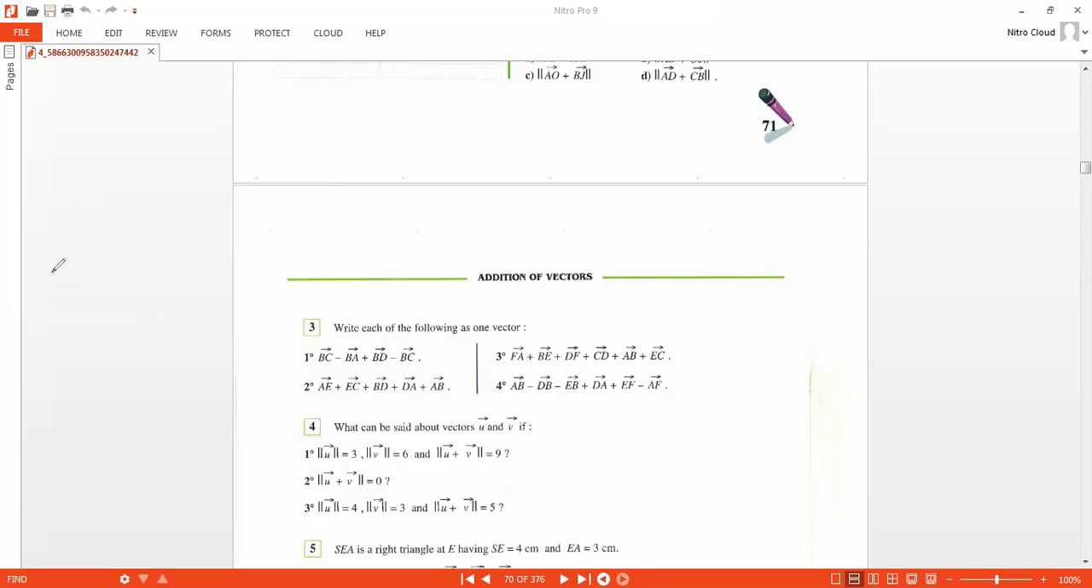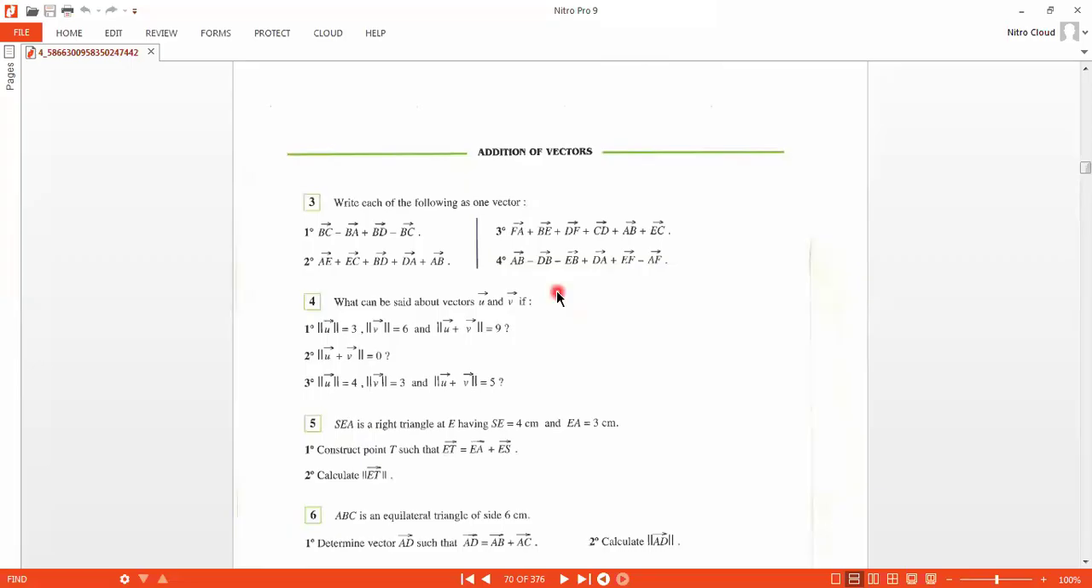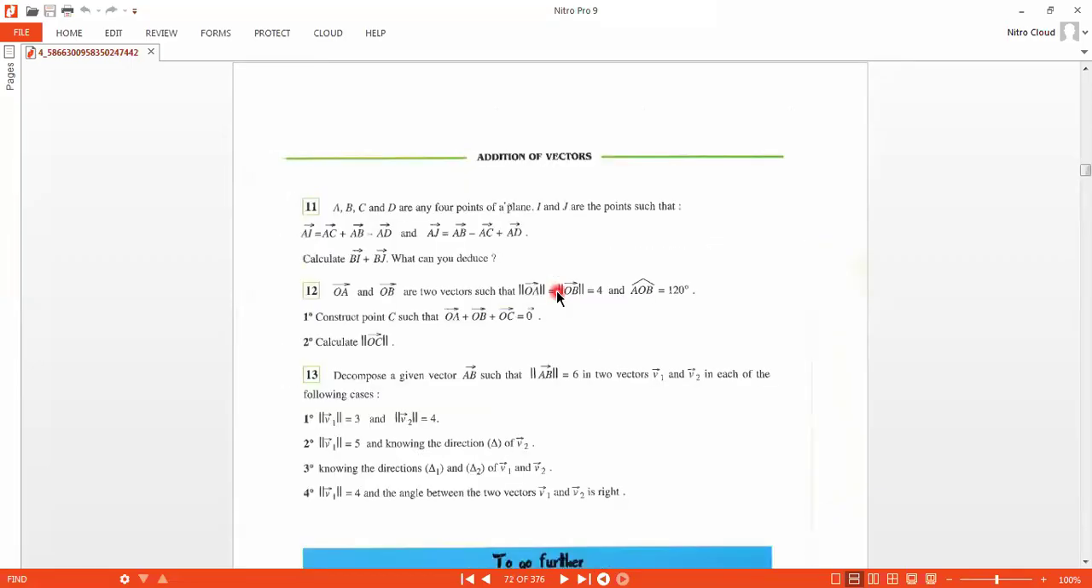And the most important question that we have solved is exercise 11. I'm going to solve it again so you remember the important concepts. Okay, in exercise 11 I have 4 points A, B, C, D, any points on the plane such that AI and AJ are given. We have to calculate BI plus BJ. Before I start, I'm going to simplify the vectors AI and AJ. So let us solve AI first. Okay, AI equals AC plus AB